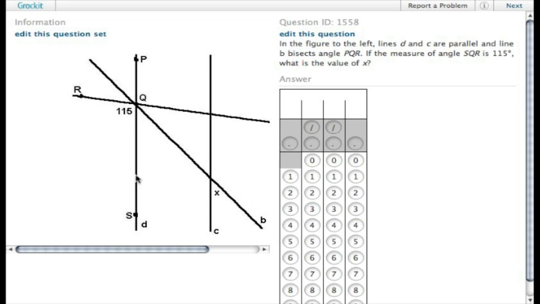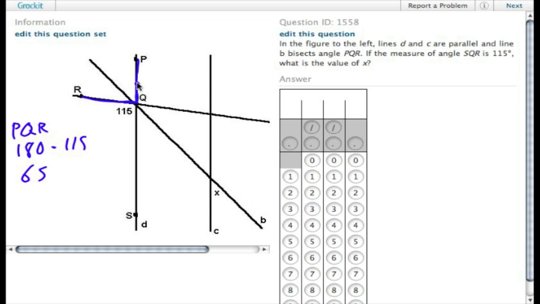So RQS is 115. Since RQS and PQR make a straight line with line D here, PQR is going to be equal to 180 minus 115. It just so happens to be, what is that? It's 65. So that's the angle of PQR